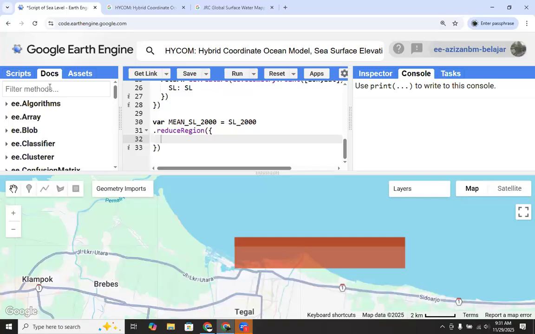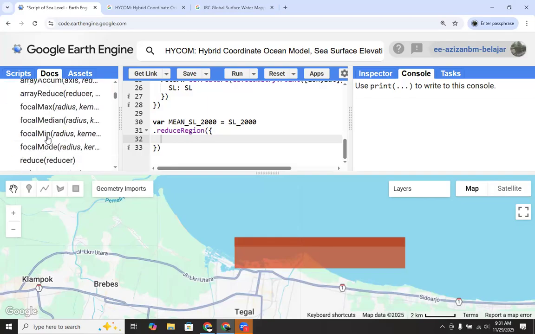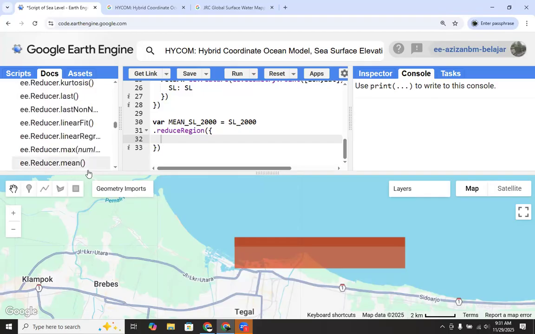We use the reduce region method, and then we choose the reducer of mean. To find the mean, we use ee.Reducer.mean.